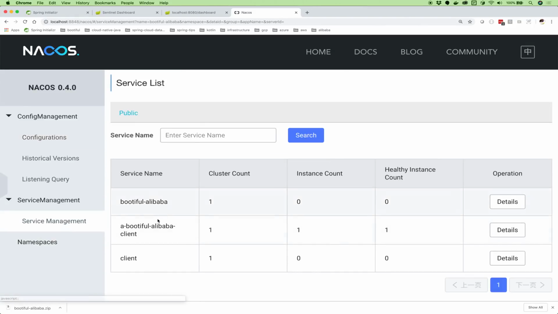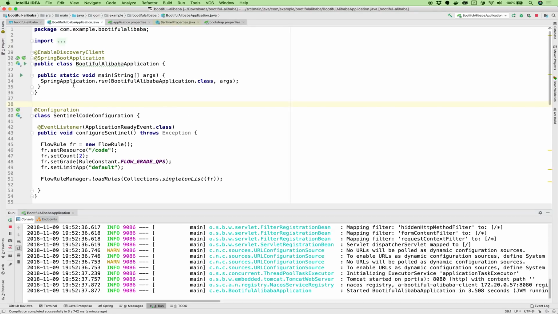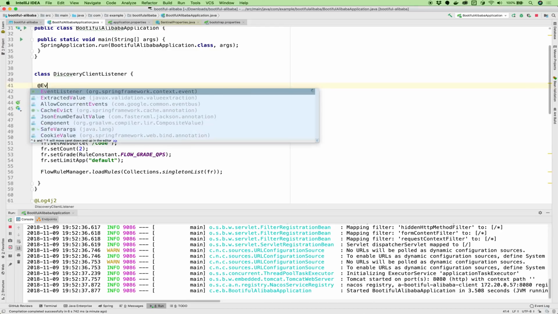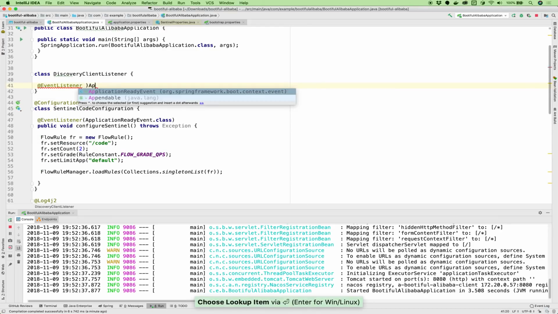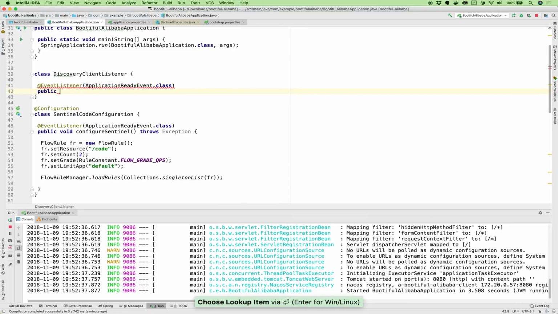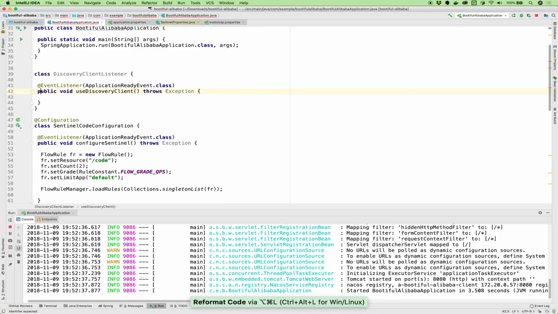So first of all, let me inject the discovery client here, and we'll demonstrate what that looks like. So let's use the discovery client. Let me add an event listener, application ready event, public void, use discovery client. Okay, let's just demonstrate what that looks like.